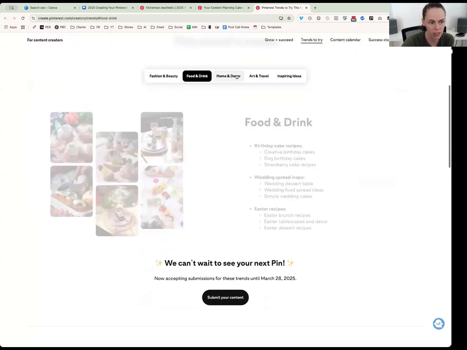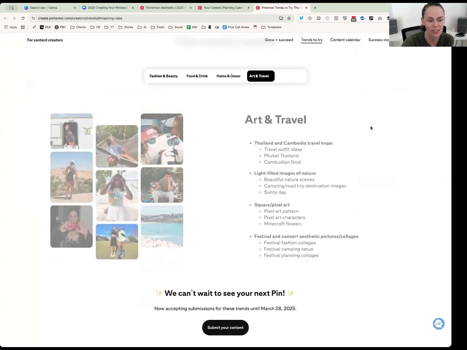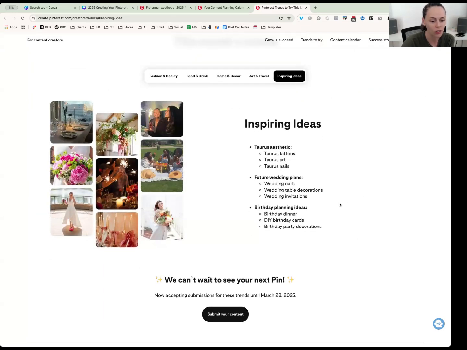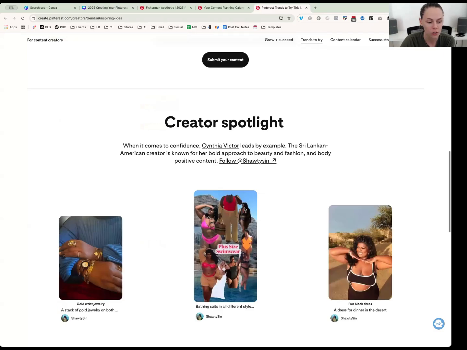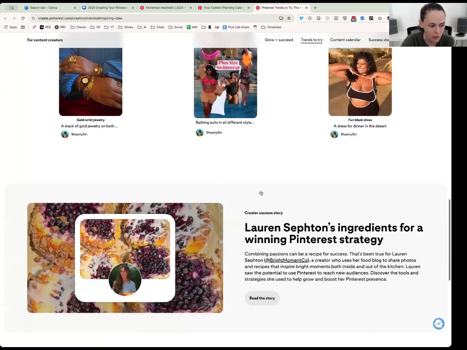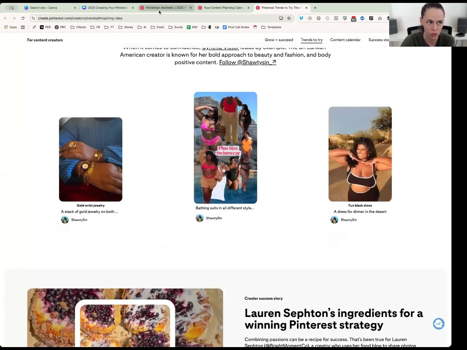So take a look at the different categories, see if anything fits you. If it does, submit something for it. If it doesn't, that's fine, move along. Now, if you submit content to them, they might choose your content and feature it on their website, on their boards, in their social media channels. So if you do happen to get featured, that's always exciting. You can always take a look through these resources too and just see what people have previously submitted.